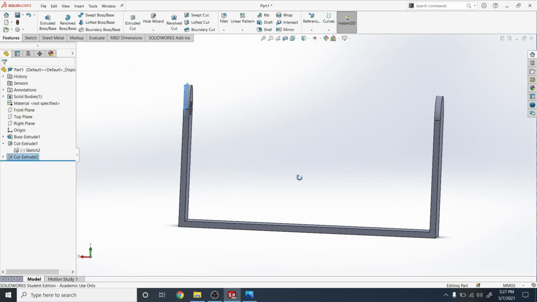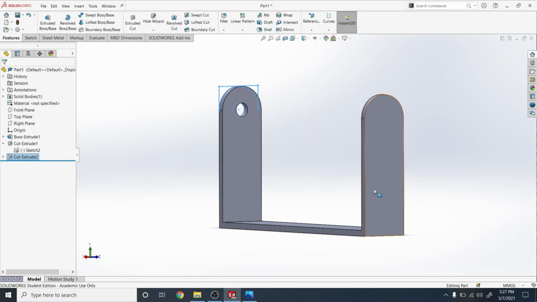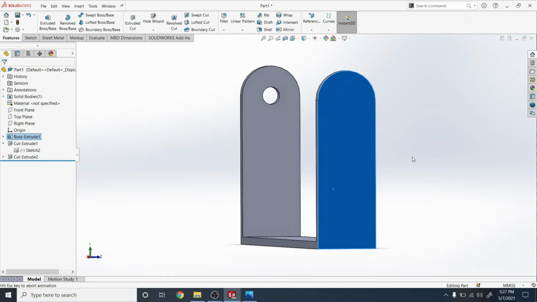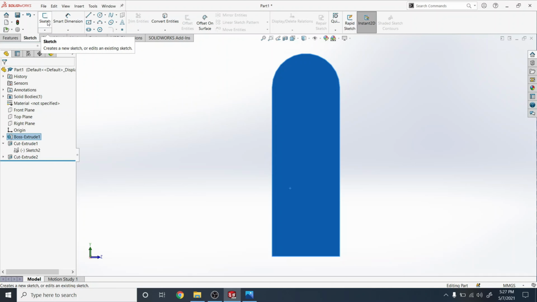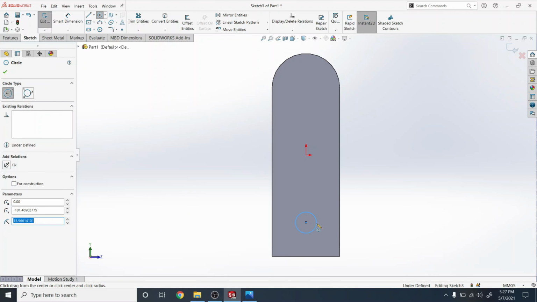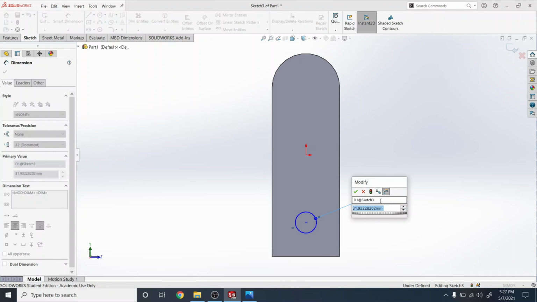Now what we're gonna do, we're gonna turn our part around like this and right click on this surface and hit normal to, and now we're gonna go ahead and create another sketch on top of that. Go under sketch, create a sketch with just a circle. There you go. So we create a circle, we do smart dimension the circle, which is gonna be again 30 diameter,